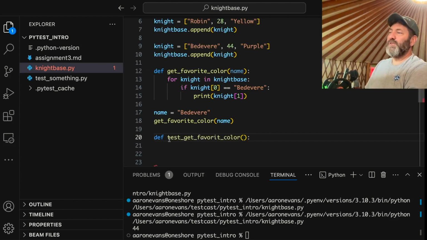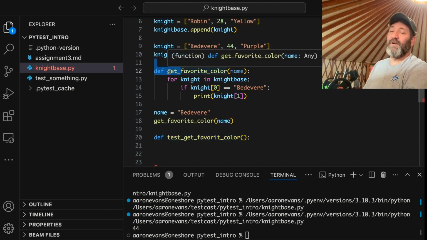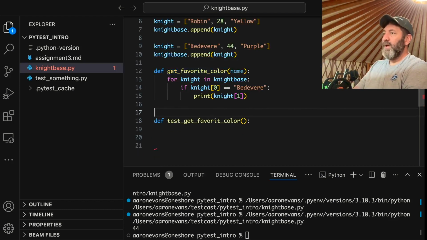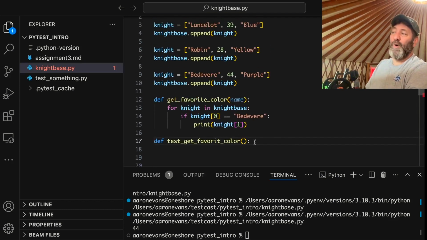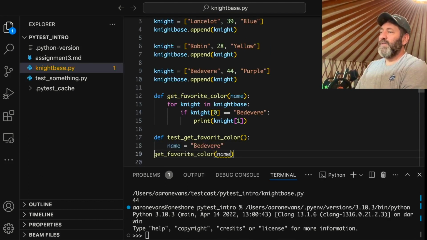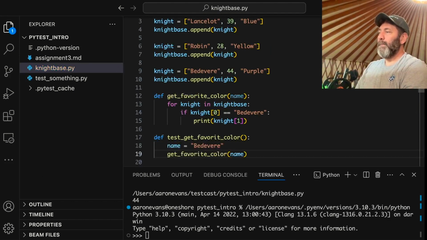So we define a function. It starts with test. We can call it whatever we want, but since we're testing the get favorite color function, it totally makes sense to do that. We take this stuff that we were calling directly in our Python code. We're going to call it in this test function. And now what we want to do is we want to assert